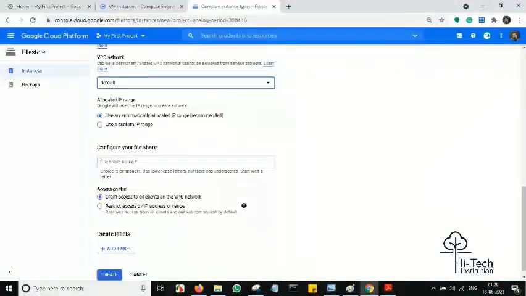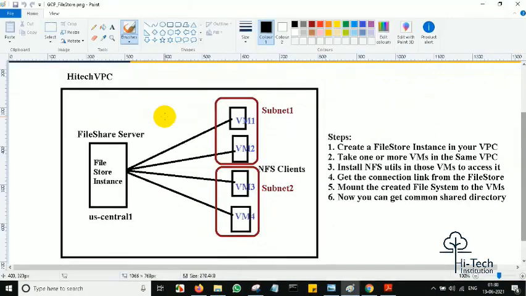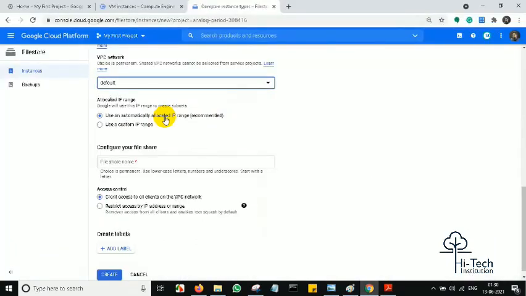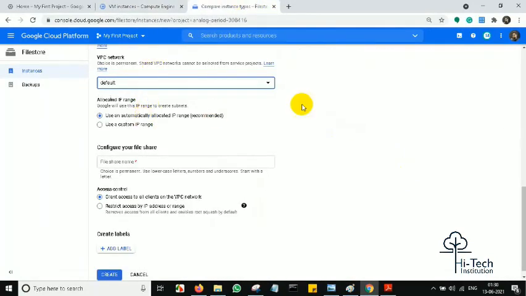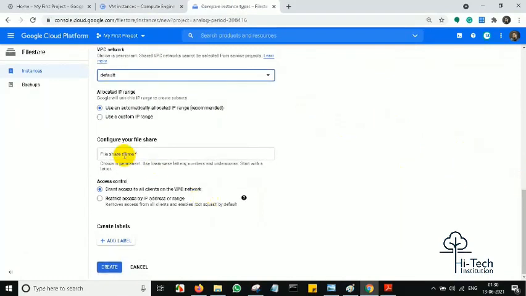Yeah, guys. Now I'm selecting another setting, which is allocating the IP. For this, I can go with the automatic allocate IP, which means any one of the IPs from the same network it can take automatically. That is the automatically allocated IP address range from my VPC. So it will also get an IP address similar to the 10.128.15 series. So my instance is going to be assigned with one allocated IP. If you want to set a custom IP, you can set it on your own, not a problem.